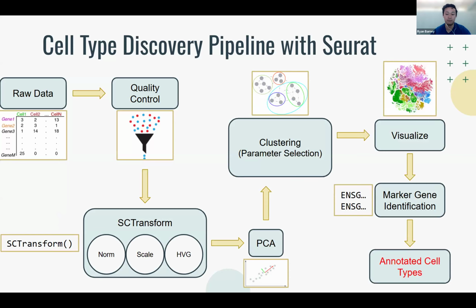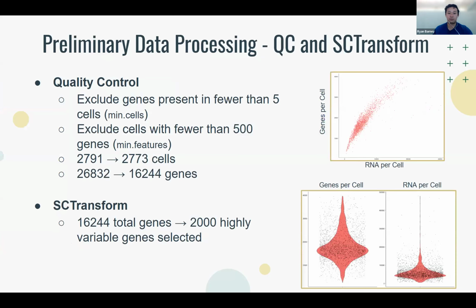And then from the marker gene identification, I'll get the annotated cell types. So for the preliminary data processing, that's the quality control and SCTransform. For quality control, what I chose to do was exclude genes that were present in fewer than 5 cells. The reason I filter out those genes is because those genes might be a little bit more noisy and unreliable, so it could be harder to identify marker genes from that set. Then I also excluded cells with fewer than 500 genes since I figured that could be indicating